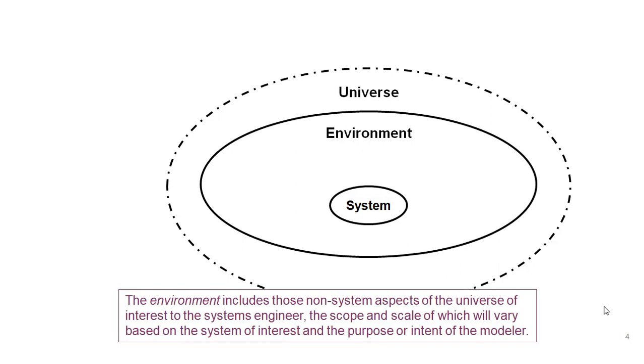To do that, we have this element of the non-system aspect of the universe that we care about being something we refer to as the environment. Now, depending upon the scope and type of your project, the environment may be very little bit more than just your system or a tremendous amount and scope beyond your system. So the scale of the environment relative to the universe is a function of how big a system you're dealing with and what kind of external factors you're interested in.